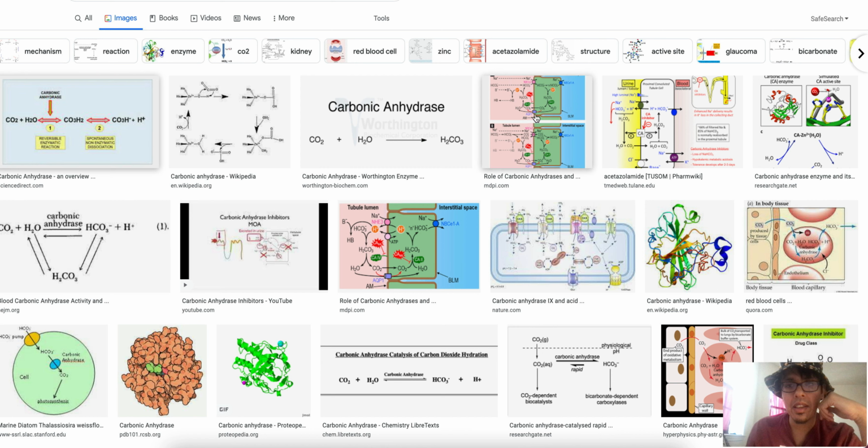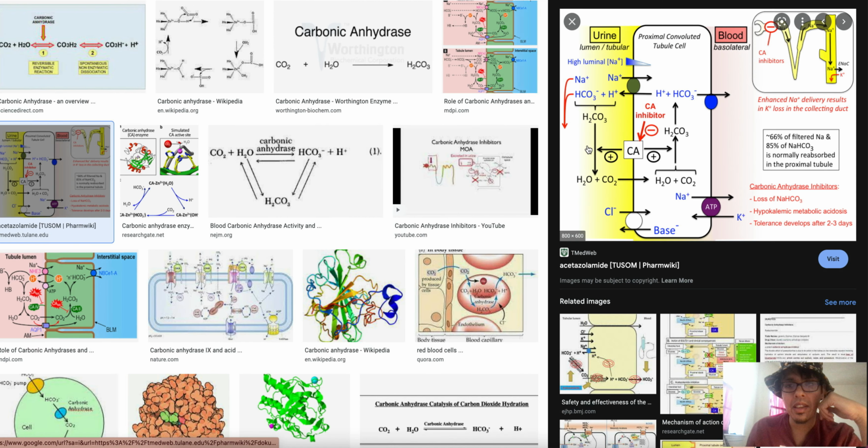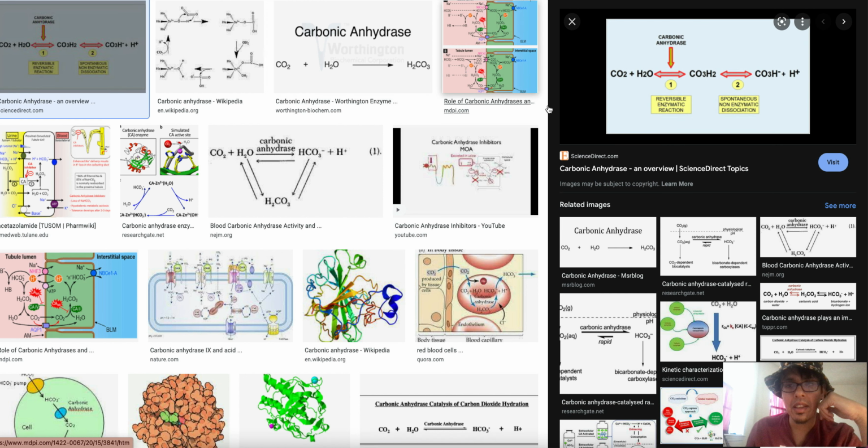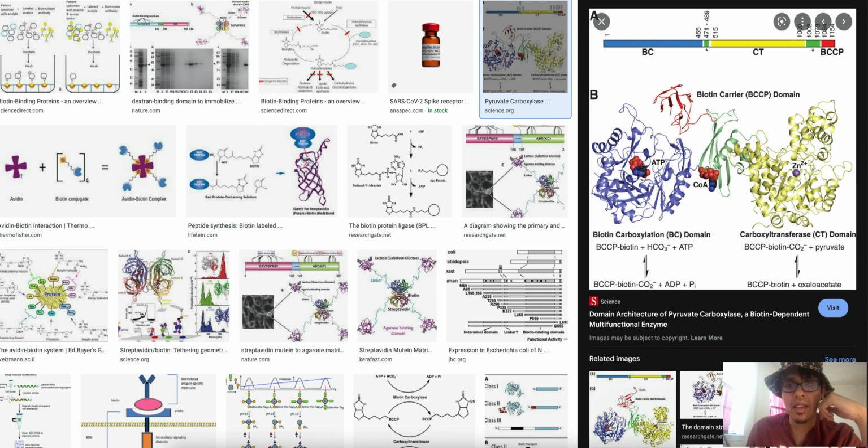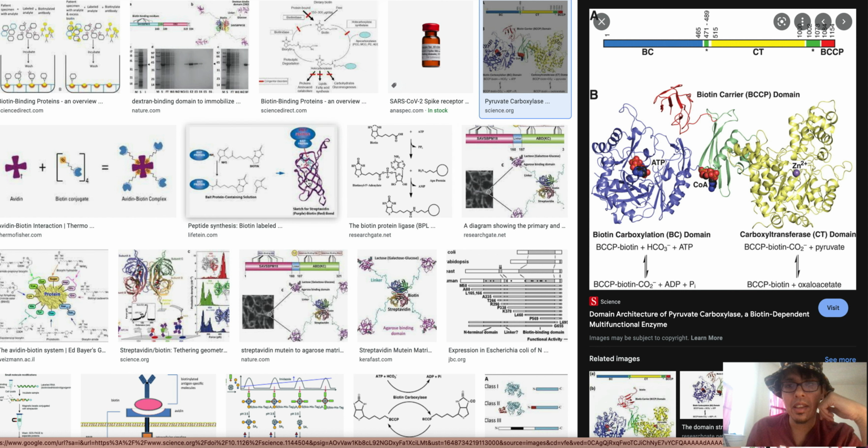How carbonic anhydrase works and where it works, that's a long story in itself. But let's say CO2 is dissolved in your blood via this enzyme, and then you can allow the biotin to bind to the bicarbonate